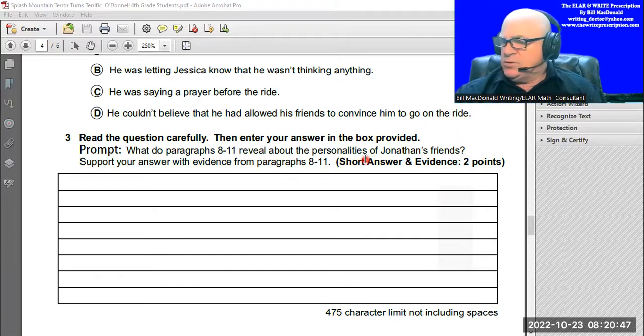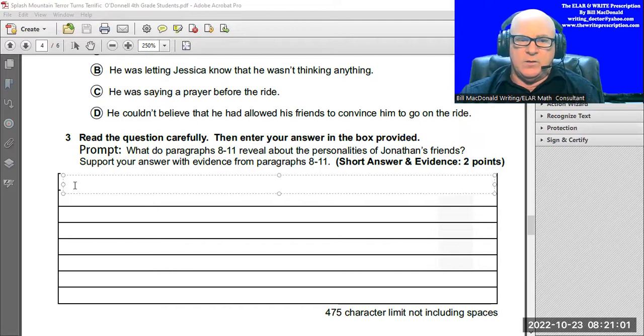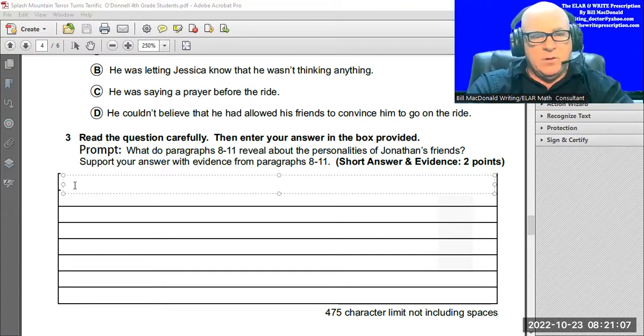So I'm going to be able to use those notes that I took on paper to answer this question in a very simple way. What is it real about them? I'm going to write that the simple way would be,